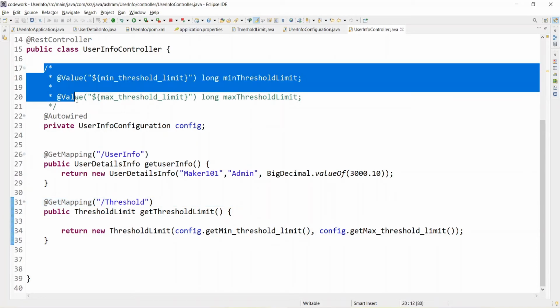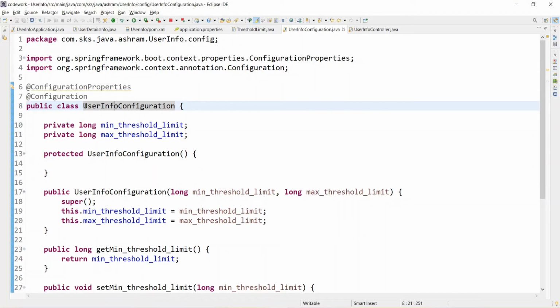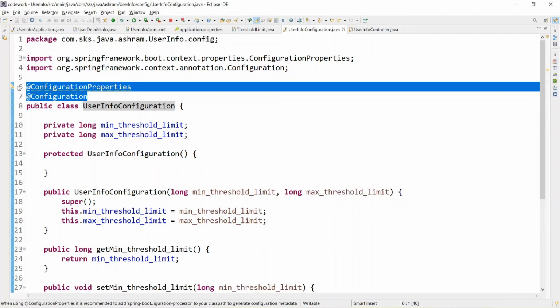So we commented this code and we used the ConfigurationProperties annotation to read the data from the application.properties file. You just need to use these two annotations: ConfigurationProperties to read that data, and Configuration to enable the configuration and tell the IOC container to make this class a component class.